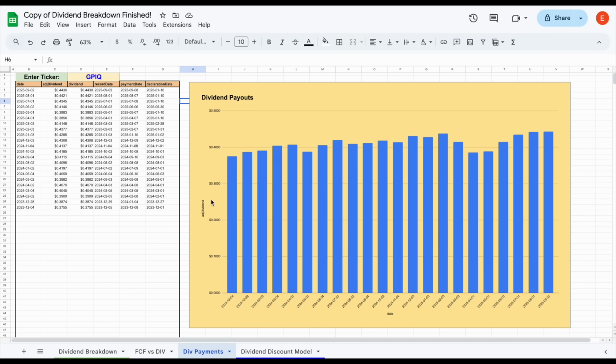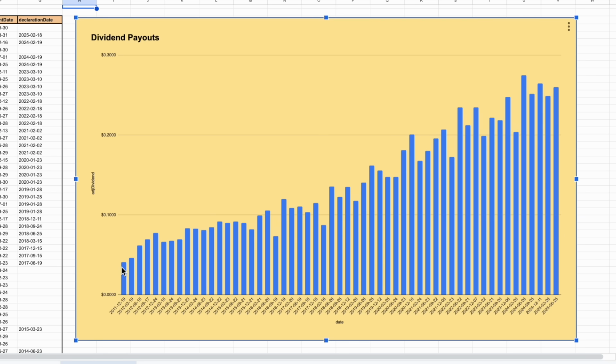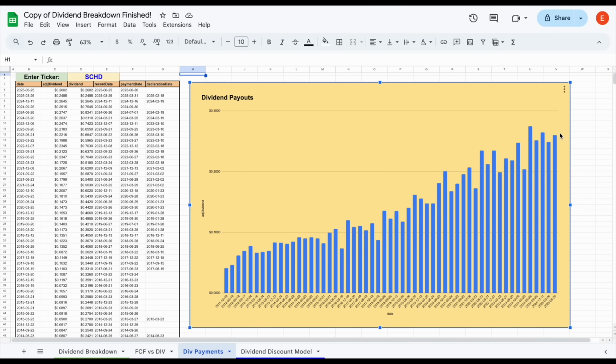For example, if we jump over to the dividend breakdown sheet from Ticker Data, let's come up here and look at SCHD. We can see all this dividend data will automatically load into our spreadsheet. And look at the growth of these dividend payments since the fund's inception right at the beginning of 2012. We can see the first dividend payment was about 4 cents per share. And now just a little bit over a decade later, we're getting dividend payments as high as 26, 27 cents per share. So in that amount of time, the amount it's paid out in dividends has more than 6x'd. That's a very impressive accomplishment,